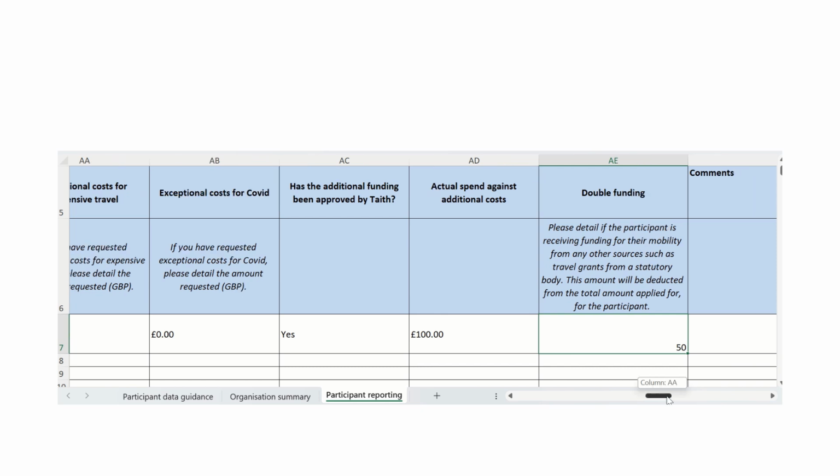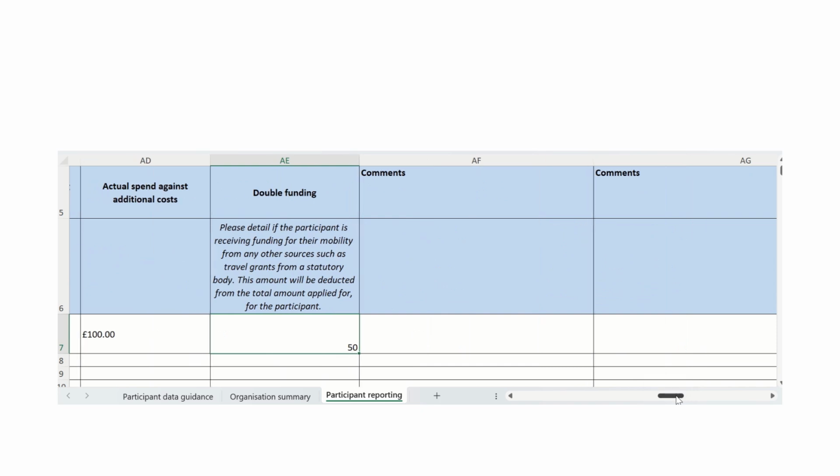And that moves us on to comments. So please provide any relevant comments here, as well as details of travel days. This participant will claim 2 travel days, as they need to claim one either side of the mobility. So here I can just put travel days 2, and that's the maximum number of travel days one participant can receive for a mobility. And that's all I need to do to add one participant to the monthly reporting tool.